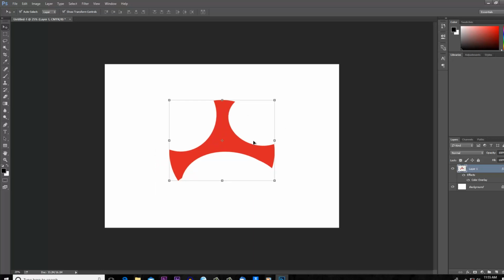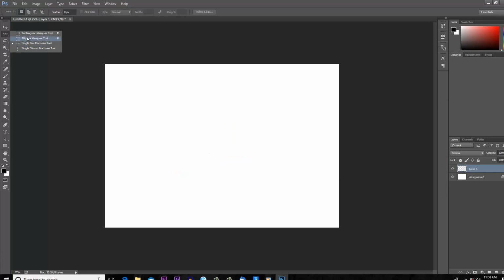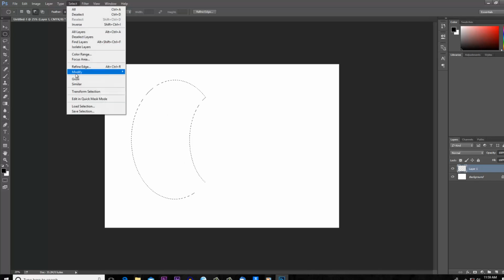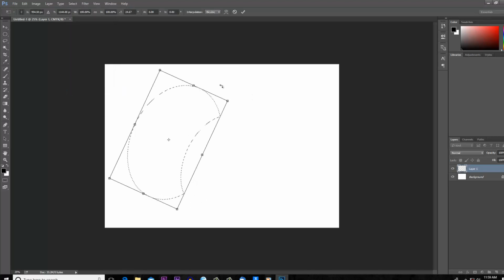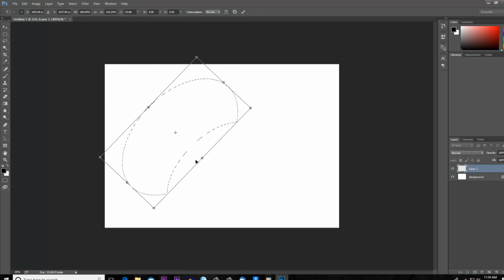Now you can actually do more interesting stuff. Let me show you something else. Let's say I do a selection here. If I want, I can simply transform this. I can rotate it by going to Select and clicking on Transform Selection. Then I will be able to rotate the selection and scale the selection.